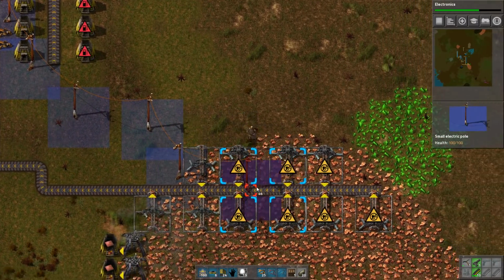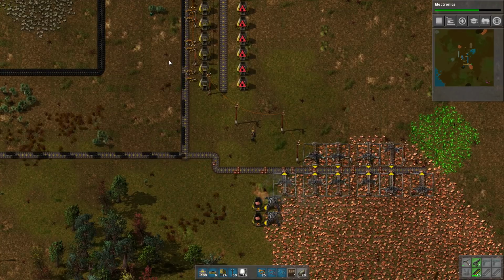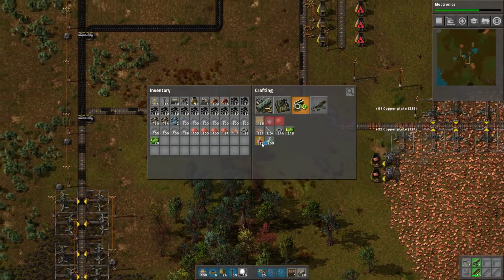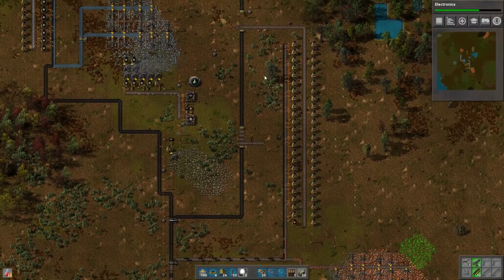So we're going to put some power there, there, and there. All right, so everything is hooked up. We're going to start getting some copper plates. It's not going to be enough mining in the long run, but it's going to do for now just fine. Let's go ahead and get a few more red science beakers manually building for now. And let's get this copper